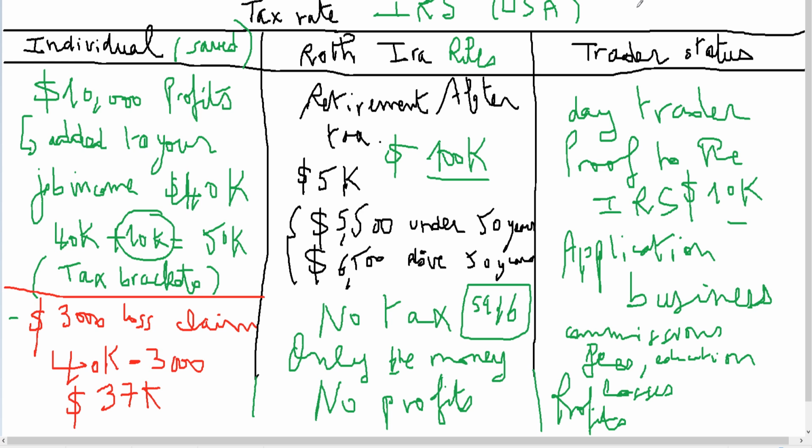For example, you have a job and you have $40,000. Let's say you lost 20,000. This is just an example, okay? So all this 20,000 that you lose, commissions, fees, education, all this will be taken from your income that you have